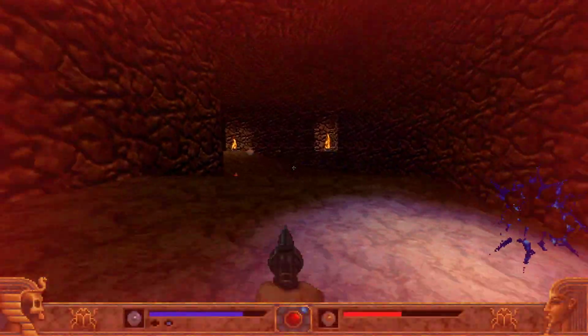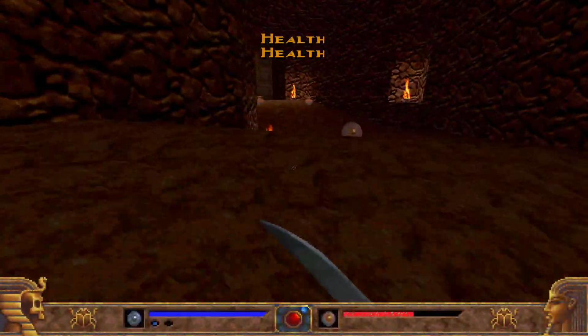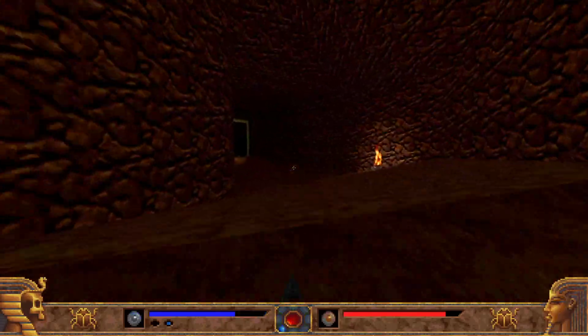Let's see. Let's get murdered here. Oh yeah, that was incredible. Gotta find a few red orbs now. Luckily, there are a bunch. And what's interesting about this